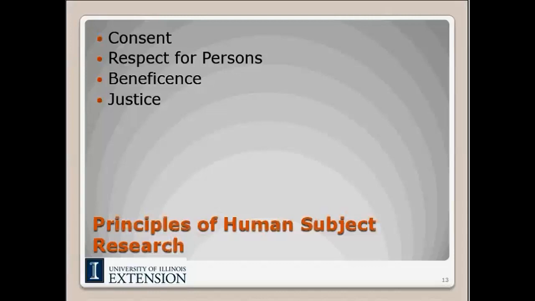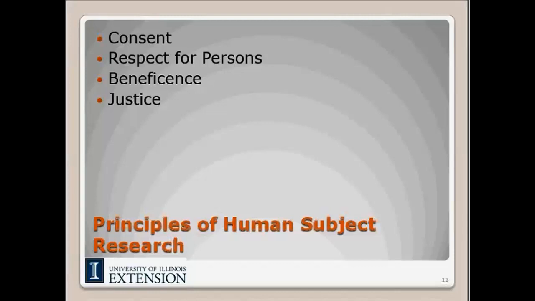And then the final principle that I'll touch on is the principle of justice. And that kind of requires us to treat people fairly and to design research so that the burdens and benefits are shared equitably. And what that really means is the requirement that you're treating everyone who's taking the survey equally and fairly. And it also requires that you're not going to exploit vulnerable populations or populations of convenience. So basically, in short, you're not going to take advantage of folks who are taking this survey.